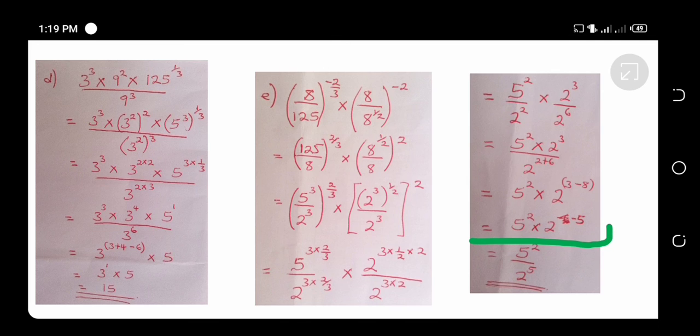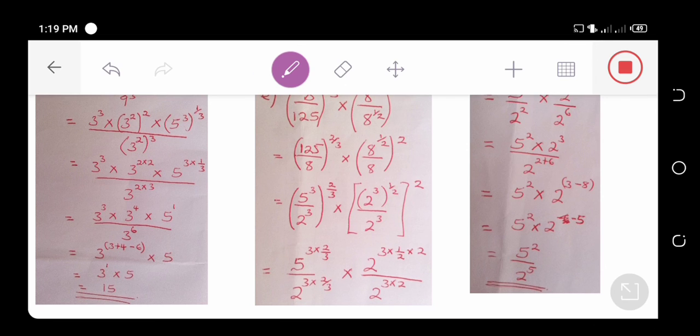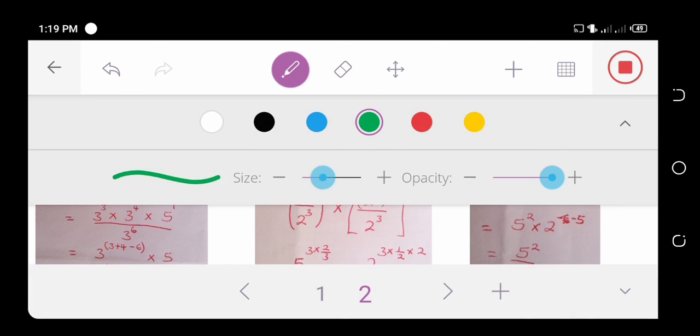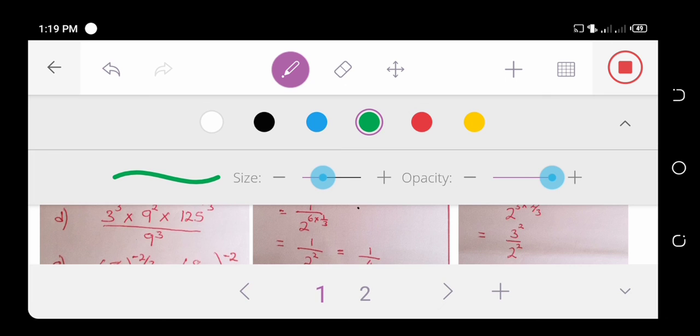Now this power is negative, therefore we have to take the reciprocal. And when we take the reciprocal, the power becomes positive. So that's how we can work out these numbers here. I've left for you to work out